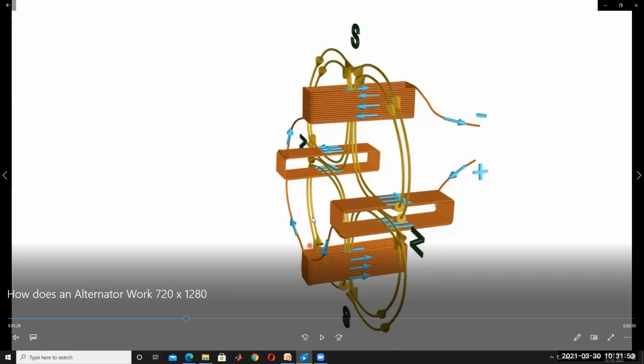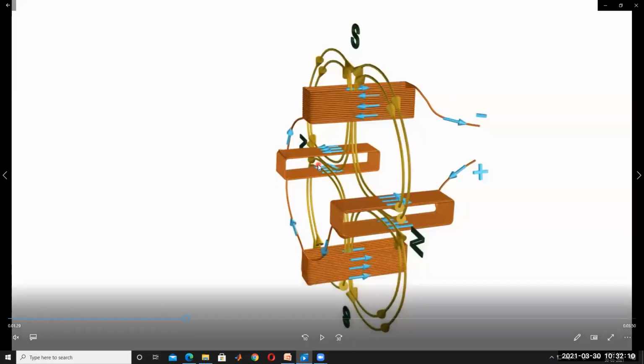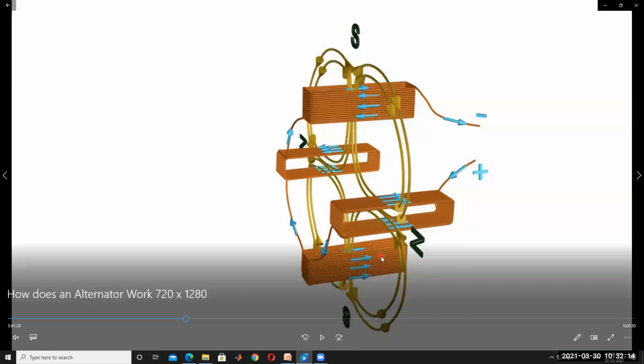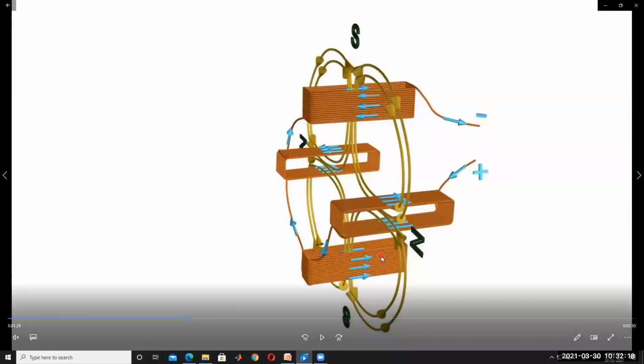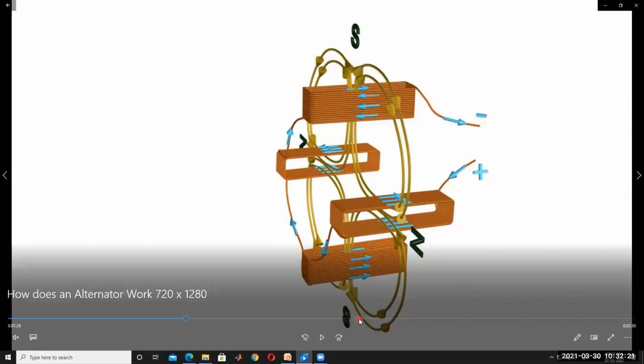So it is acting as a four-pole machine. It's called a four-pole machine. The flux lines are leaving from the north pole, just like a DC machine. But in a DC machine, the field winding is stationary, on the stator. In a synchronous machine, the field winding is on the rotor. So there is only some difference.